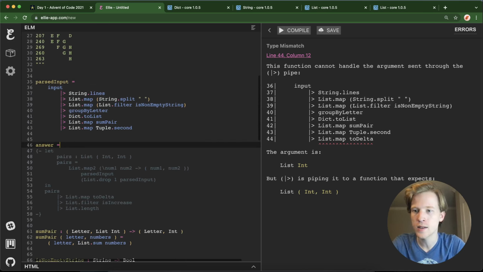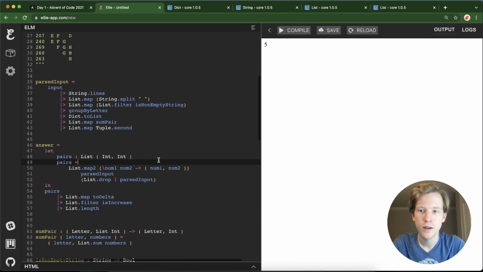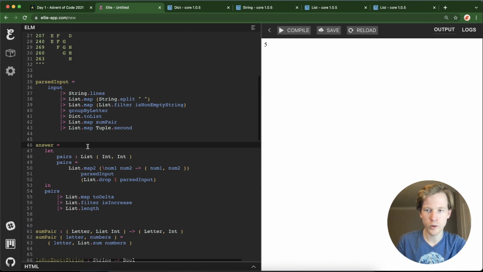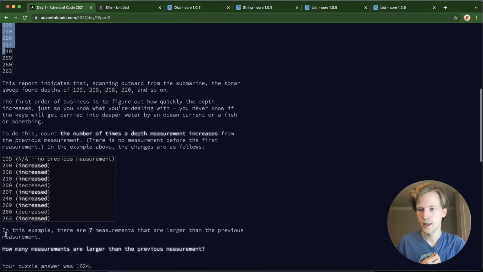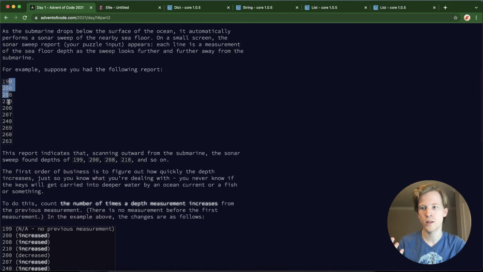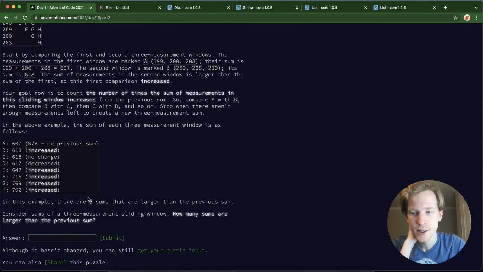And then answer is going to be what we had before. So answer is going to take that parsed input and it's going to return our number. And it looks like answer is actually the exact code that we used before. Because now that we have a list of numbers, it looks like the first half of the problem that we solved, where we just had things that looked like this. So all that work was really just turning this into the same input we have here, so we could completely reuse the answer we had before. That was close, I almost did more work. But here you see there are 5 sums that are larger than the previous sum. So